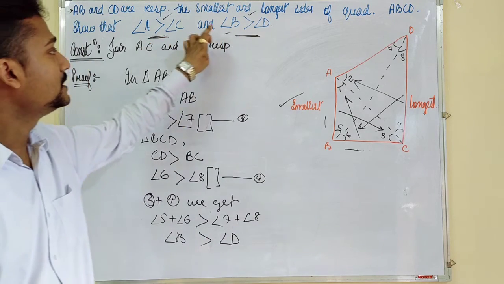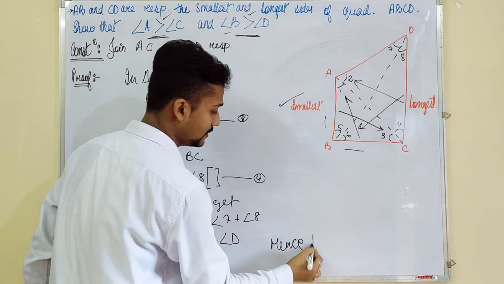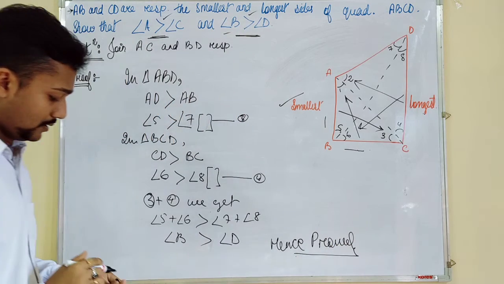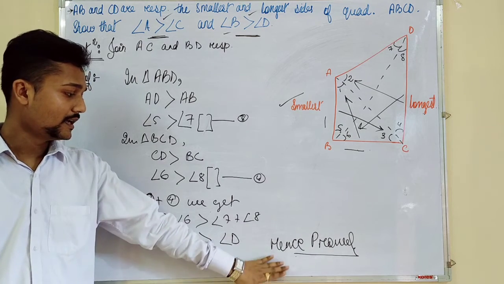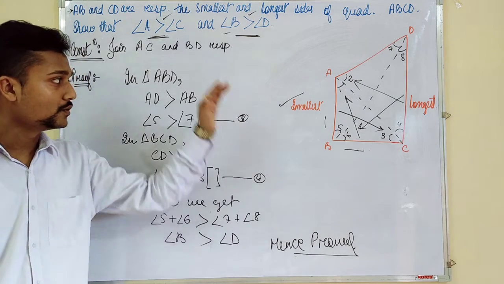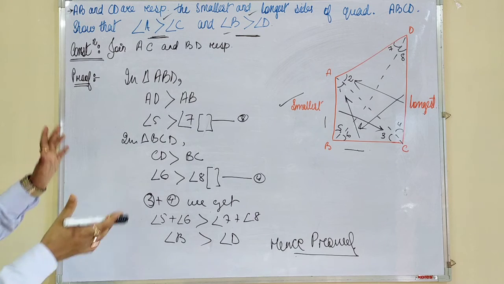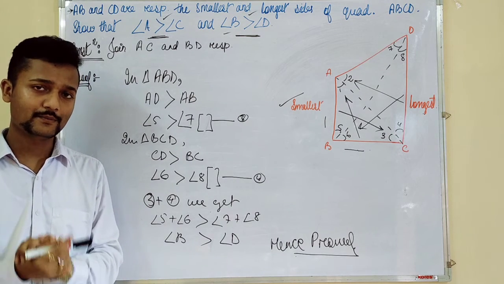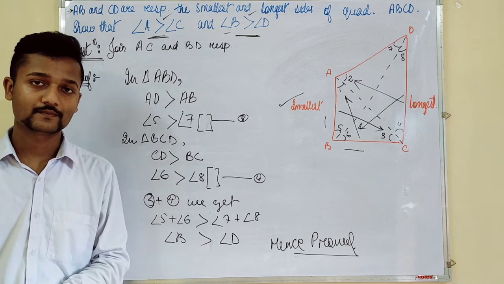This we have proved, this also we have proved, both we have proved. That means we have got our desired answer. So hence proved. Okay, so note it down till this much. Then we are going to move on to the next particular part. I don't think you have found it difficult. A little bit of complexity is there, but if you try to understand and put in a little effort, it will be clear to you. So do it.